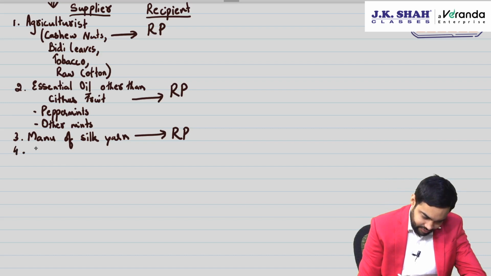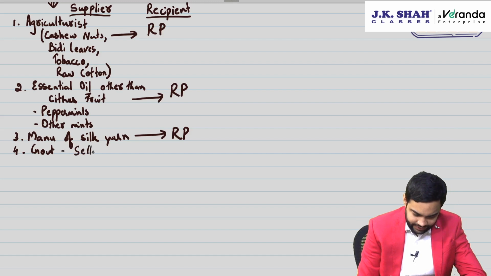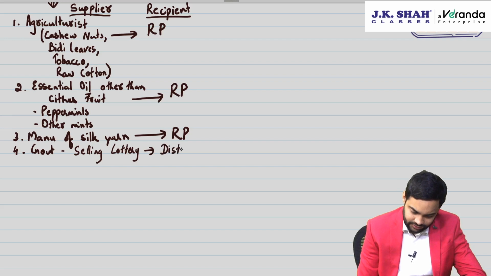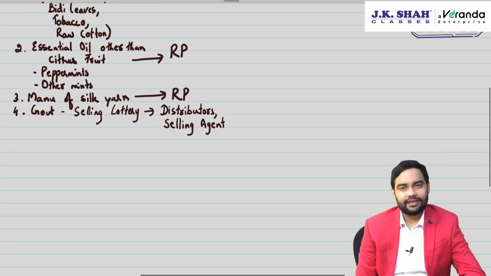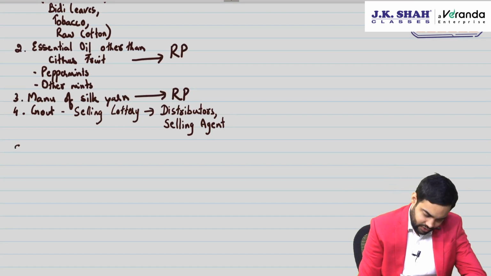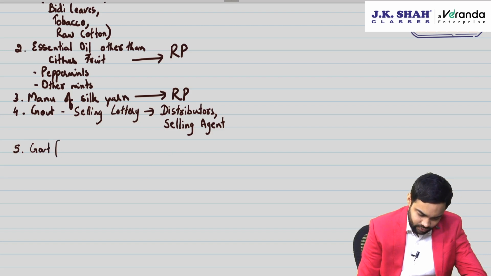Then we have government selling lottery. Now government does not sell lottery directly to the general public, they supply it to distributors or selling agents. Now when they are supplying to distributors or selling agent, that distributor or selling agent is required to pay tax under reverse charge mechanism. Government will not pay. Then the fifth one is government, and here it says excluding Ministry of Railways,